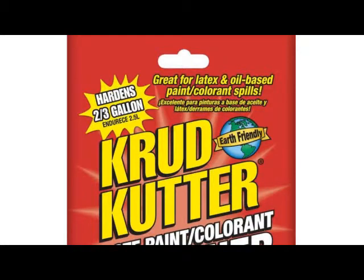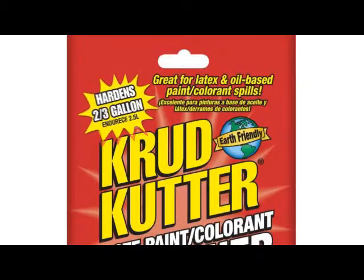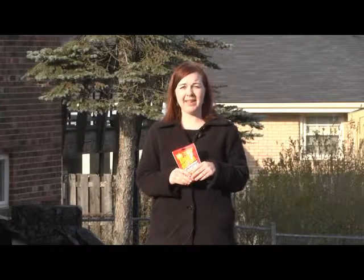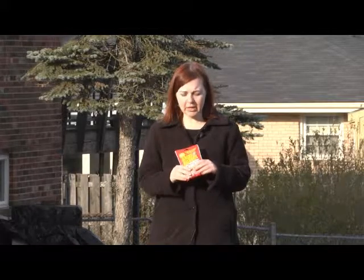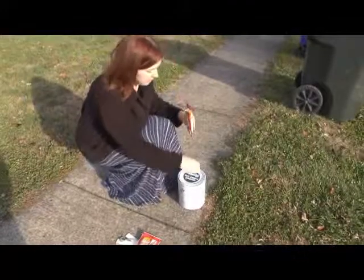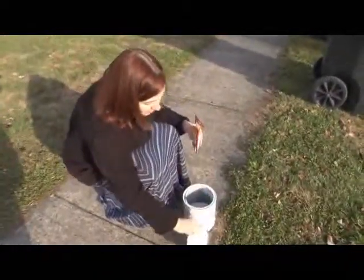One package of paint crystals will work for about 2/3 of a gallon of paint, so you can pick up as many as you need, and we recommend that you consolidate all of your paint into as few paint cans as possible. So what you're going to do is you're going to take your paint crystals here, so I'm only going to use half of the crystals, and you take your lid off